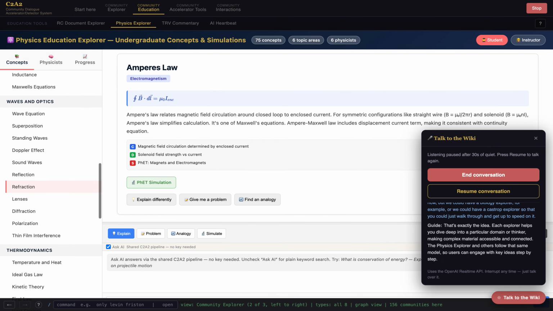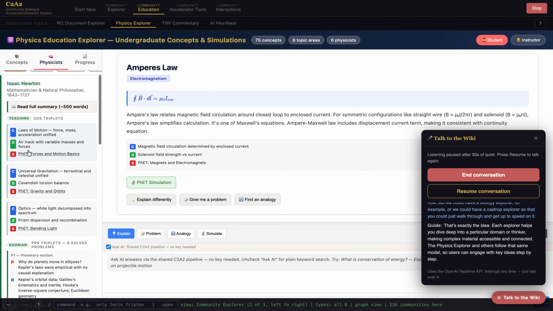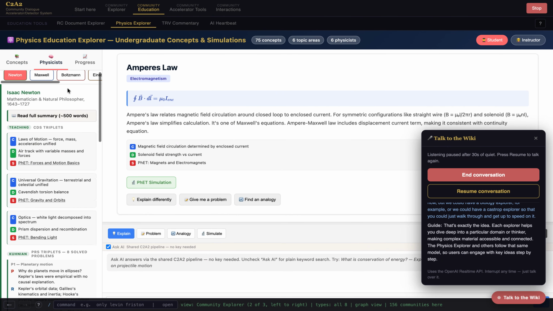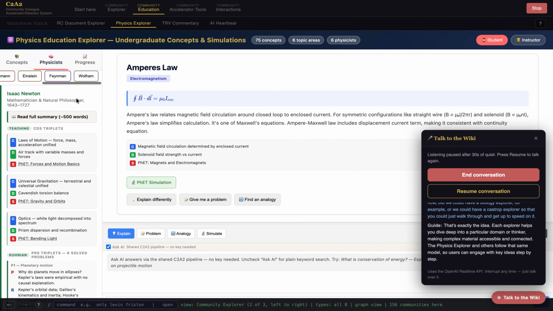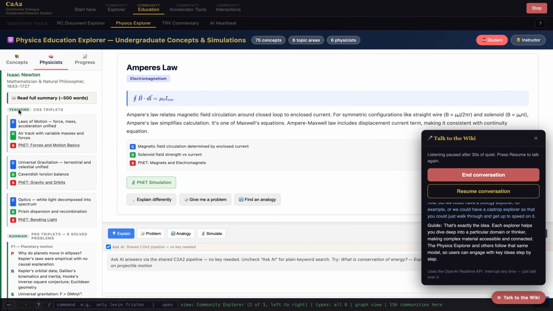Got it. There's some fun things here. You can learn by analogy. If you don't like the way it explains it to you, you can explain it a little bit differently. You can jump out to a simulation, or you can work problems. All pretty fun, all woven through here. And then here are the various thinkers. There's a little bit of a historical guide here too, and they are laid out not only in terms of